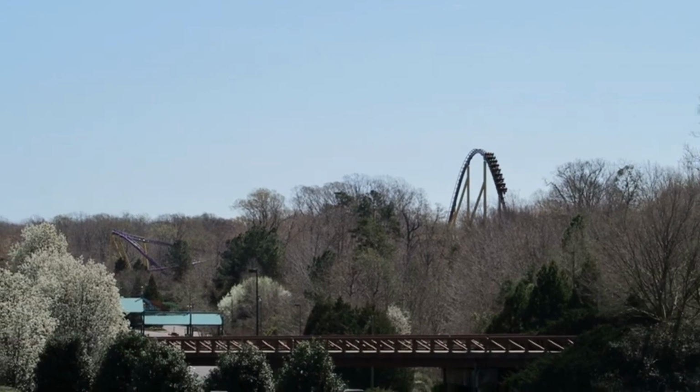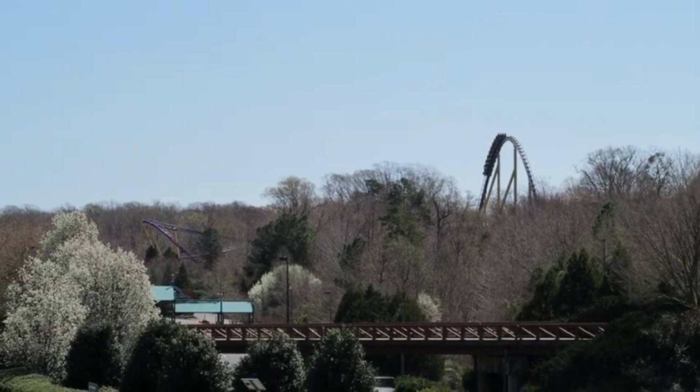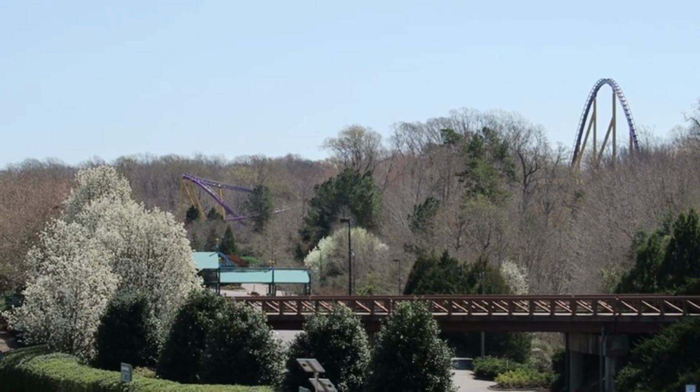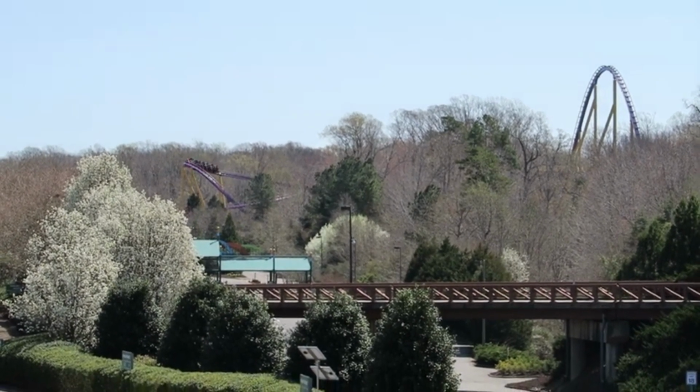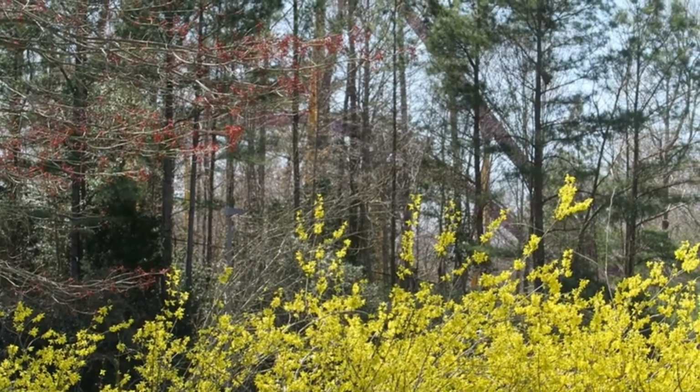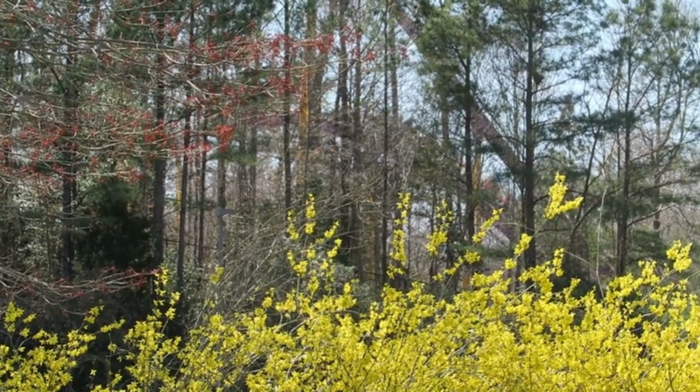This part of the tale resembles the layout of Apollo's Chariot, with how you go up and down. Zeus, the father of Apollo, wasn't very happy with Apollo's irresponsible choice, so he killed Phaethon with a thunderbolt. The backstory of the ride is good, but the average guest isn't going to be able to know it unless